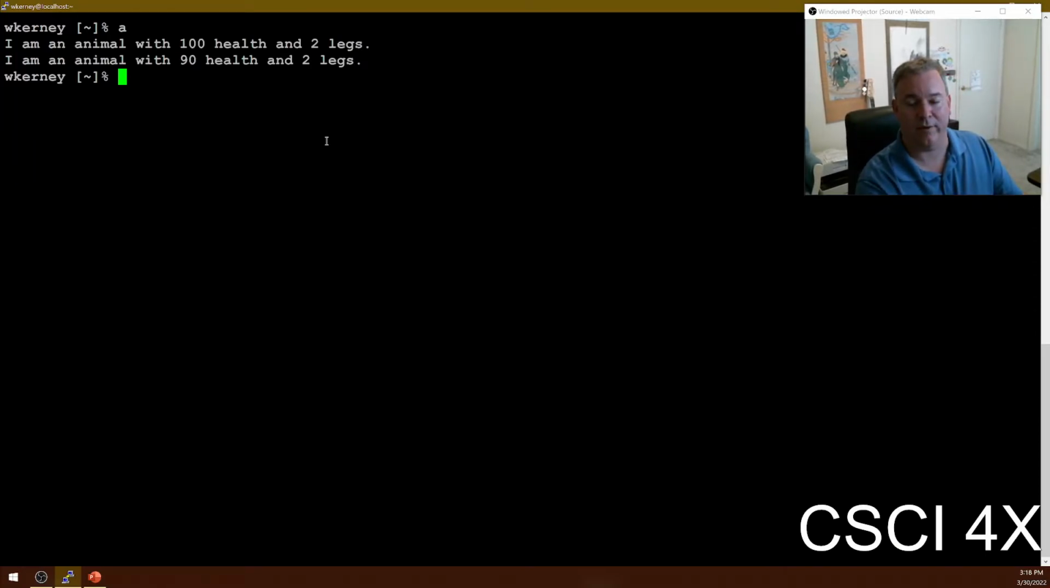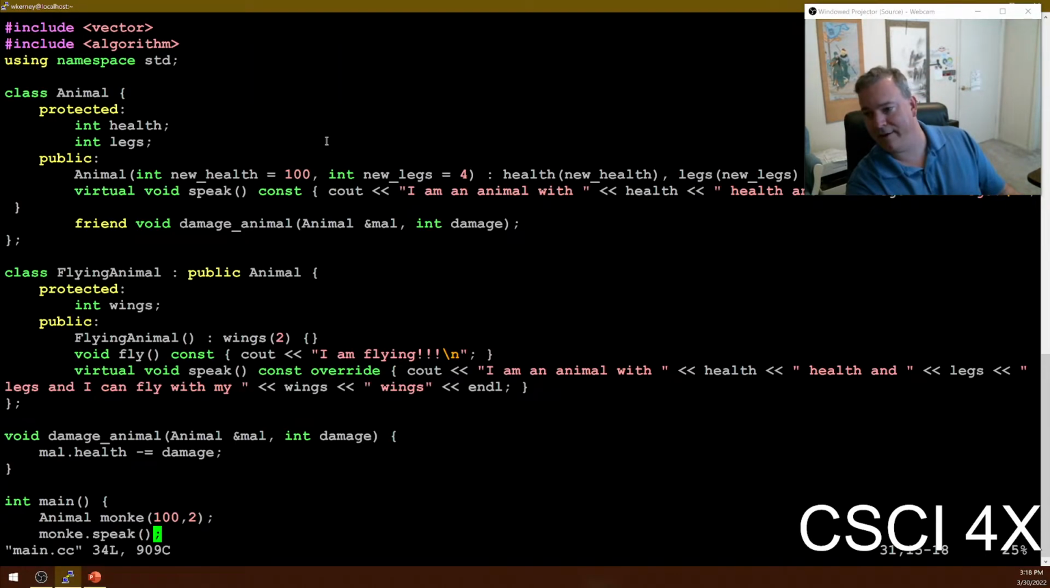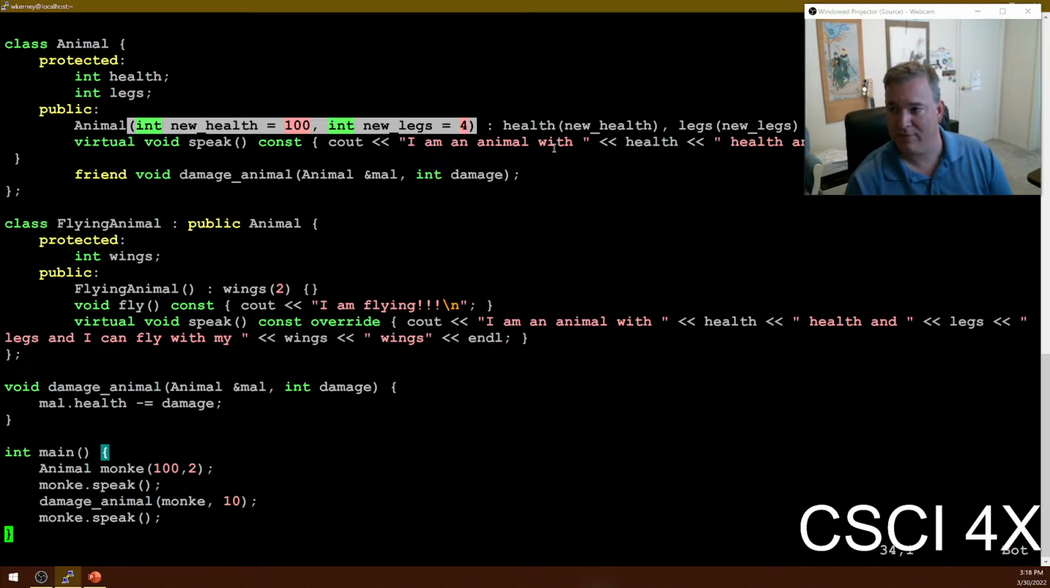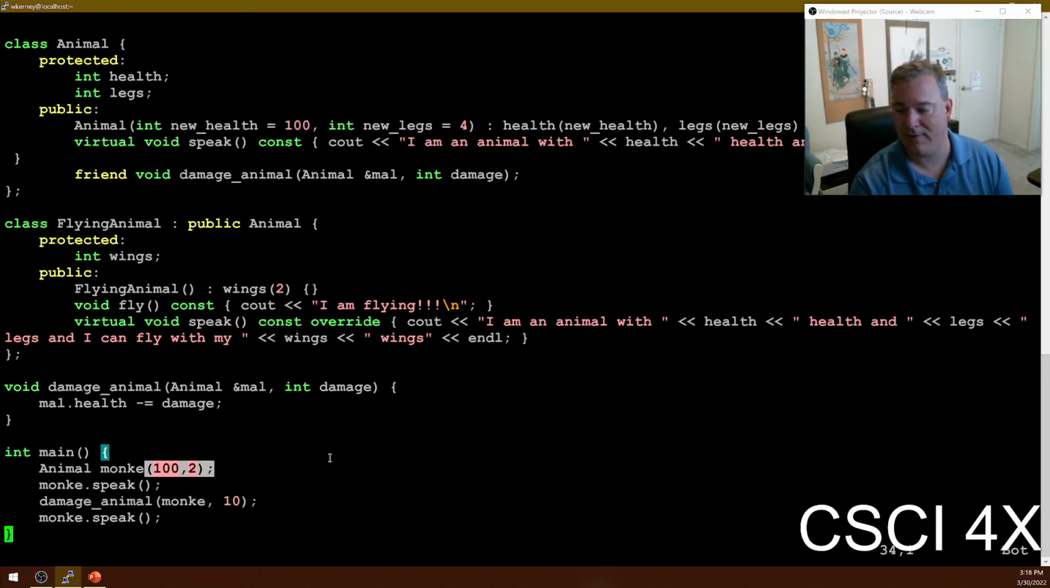Unspeakable violence. There we go. So we got 2 legs now. Okay. All right. You guys see what I did there? So I just added a couple parameters to the constructor, and because I use default parameters, it would actually still work with no parameters. Like if I passed in nothing here, it would default to 100 on the health and 4